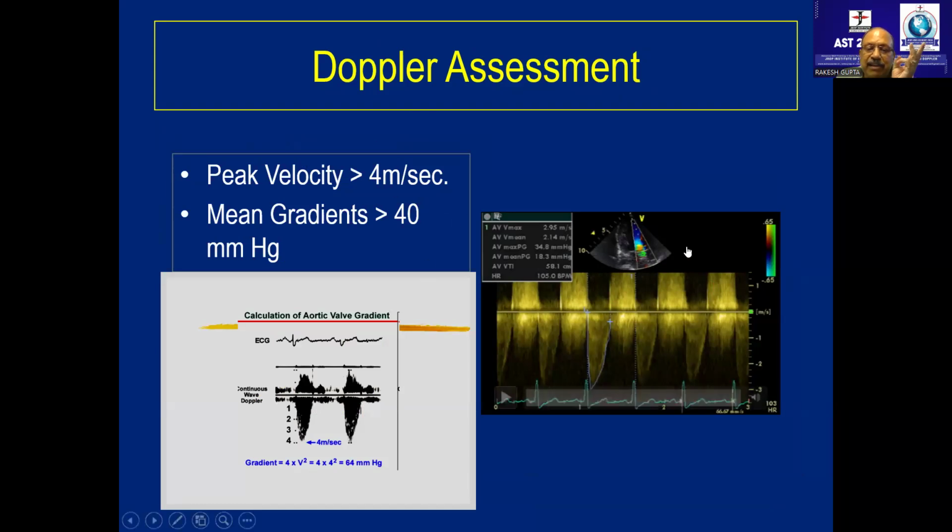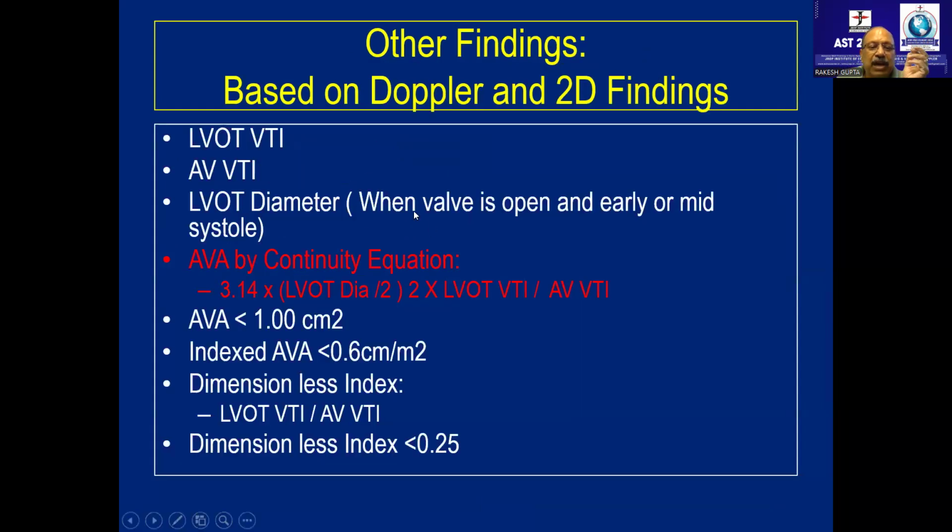Once we took an LVOT diameter, LVOT VTI, that'll give you a stroke volume. Then aortic valve VTI will give you a continuity equation. Then aortic valve VTI will give you a peak velocity and the mean gradients. So till now, we have got four factors. So LVOT VTI, aortic valve VTI, LVOT diameter, then aortic valve area by continuity equation will give you any area